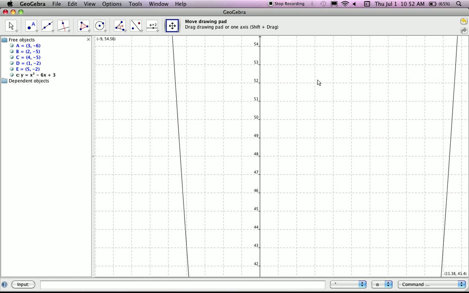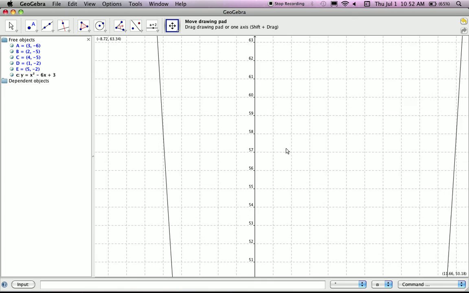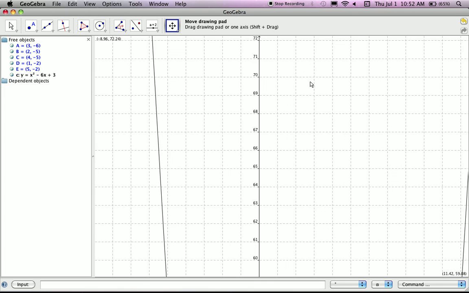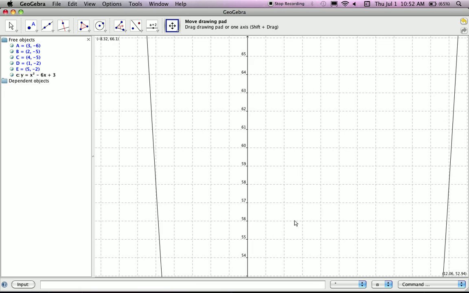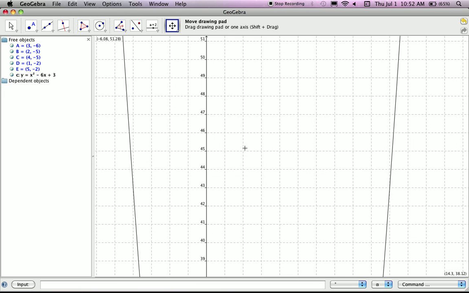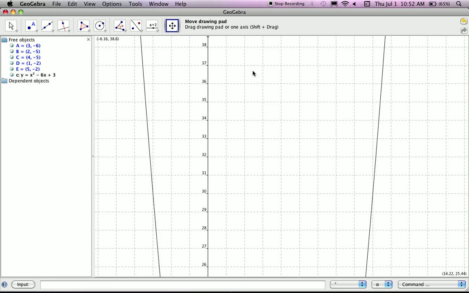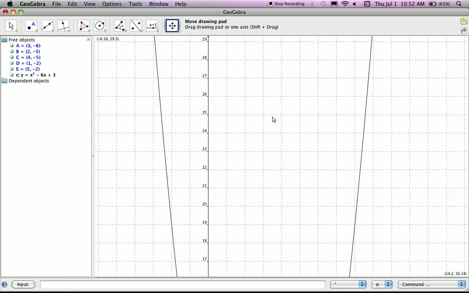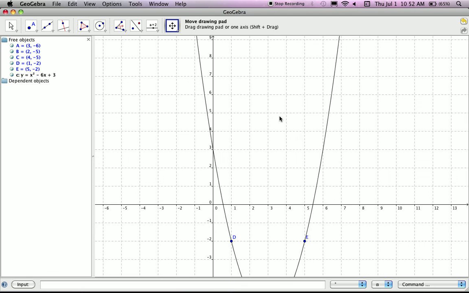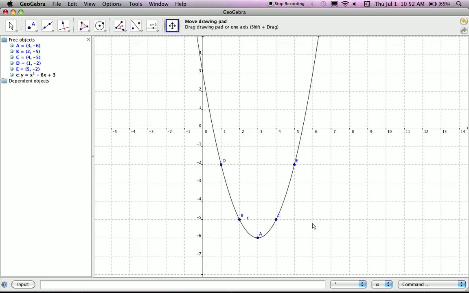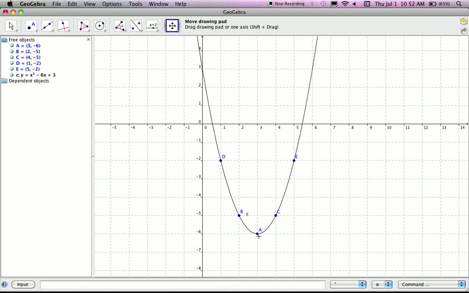And as you can see, I'm still going. I'm at a y value of 57 right now, and I'm still going. It's going to keep going because it'll go into infinity. However, it does have a minimum because I can determine its smallest point on the y-axis, and we'll get back to that in just a minute. I was making a point that it goes into infinity, and so now I have to go all the way back down to get to the minimum point, which is -6. So the lowest it'll go is -6, the highest it'll go is infinity. So this graph does in